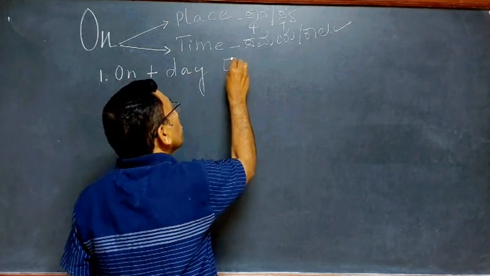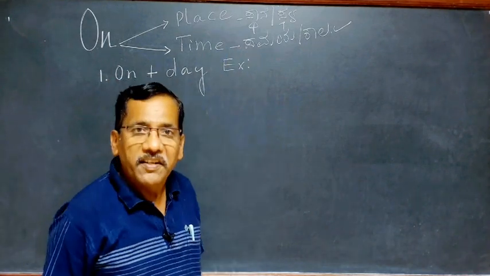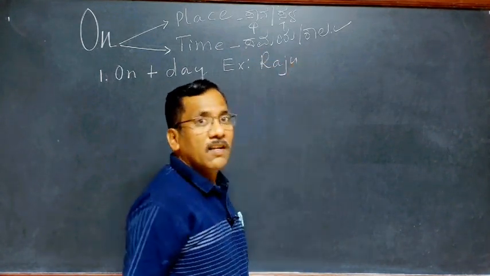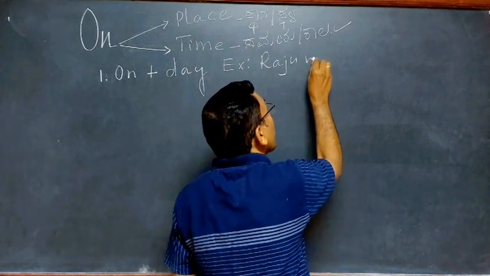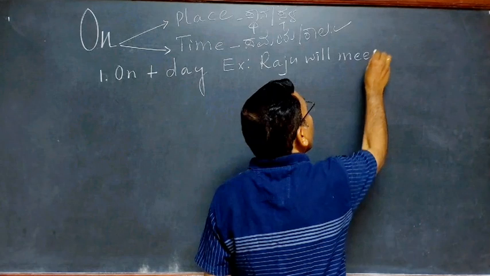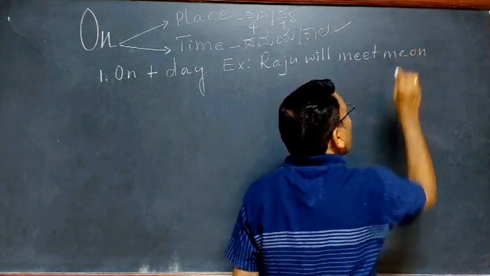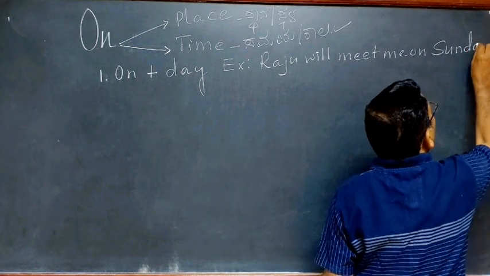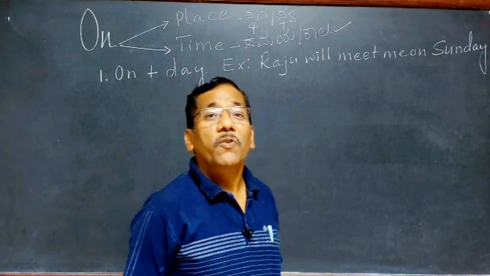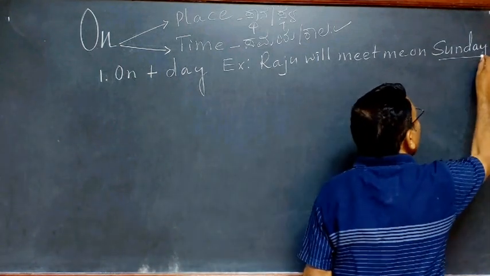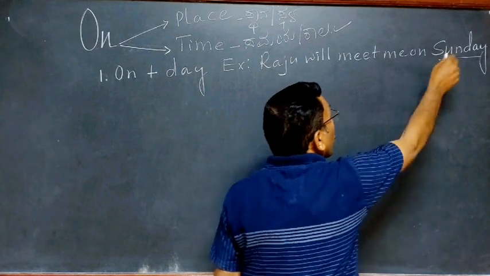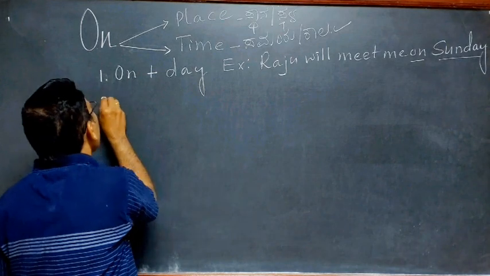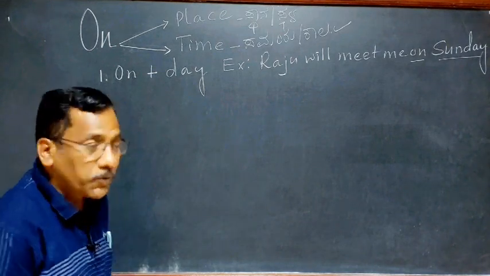For example, I have a friend by name Raju. Raju will meet me. When? On Sunday. Raju will meet me on Sunday. Here, Sunday is the name of the day. Before the days, we have to use on. Clear? Okay. Next one. On is used